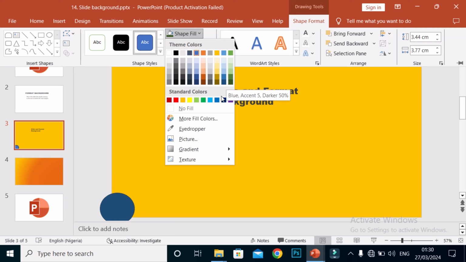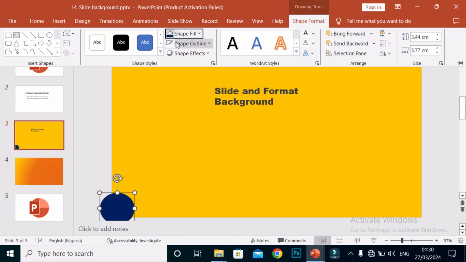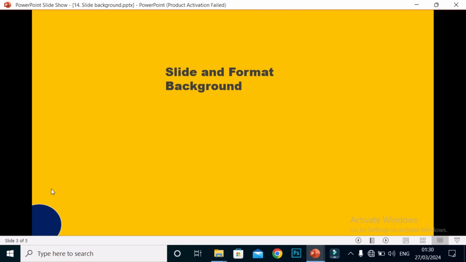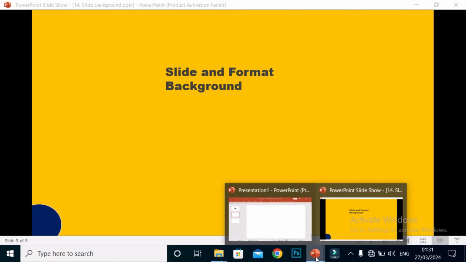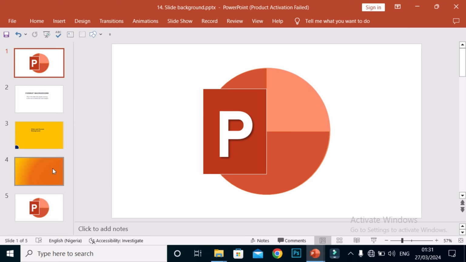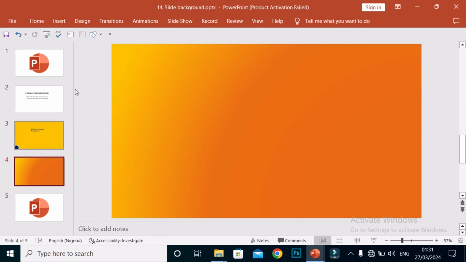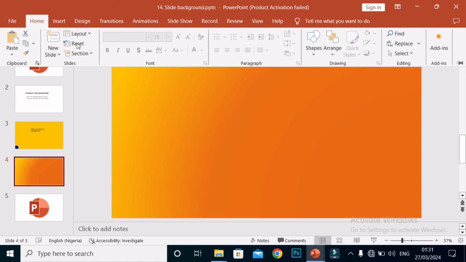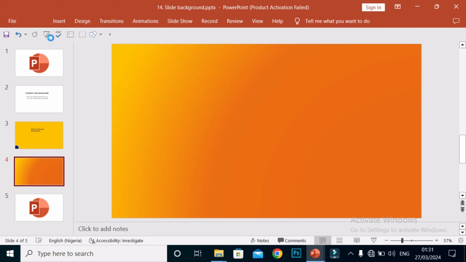Okay, let's use this dark blue. So you can see it here, but the background is remaining static and nothing is changing in the background. Add so many things you want to add to the background. So that's the concept of background imaging. We're not done with this gradient fill, so you could add more text to your own